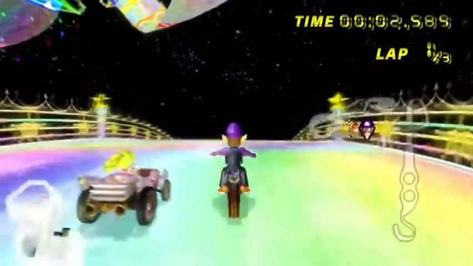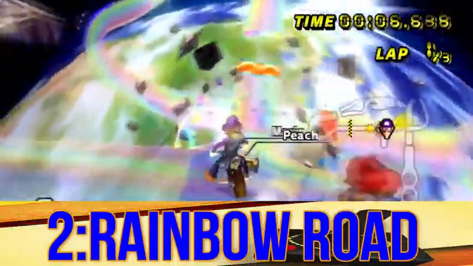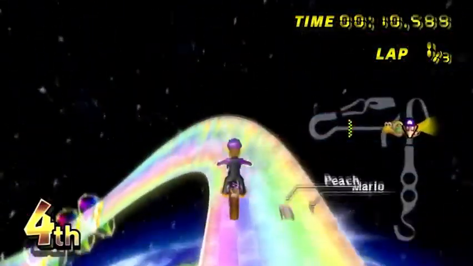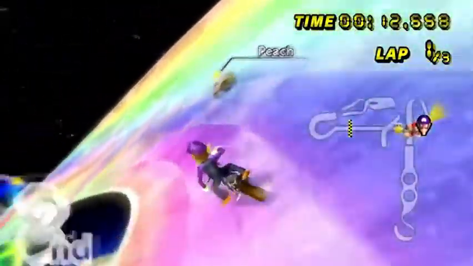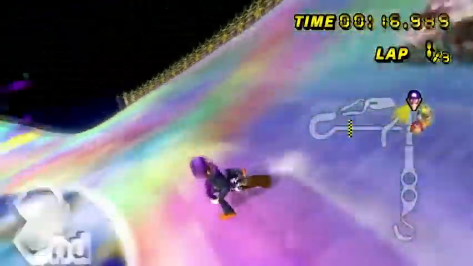So now we have the final track in the Special Cup. This Rainbow Road is actually one of my favourite Rainbow Road tracks of all time. You start off racing downward and you trick off a ramp to end up on another part of the track, where there's a bunch of boost pads, a vertical boost pad and a wavy road with star bits flying around,